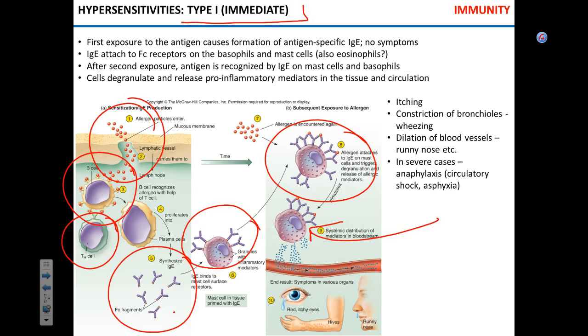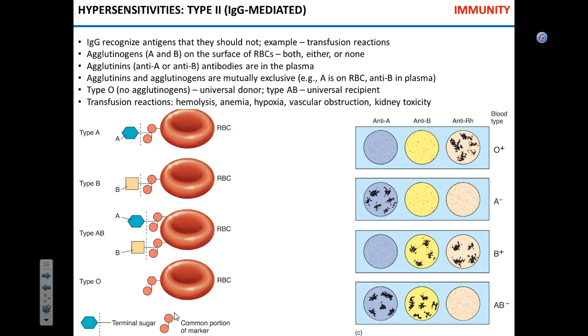Does that make sense? So first exposure doesn't produce the actual symptoms. It's the second exposure that produces it. Okay? Is that mechanism clear? Do you understand what I'm trying to say here? Now, before we move to type 2, okay,